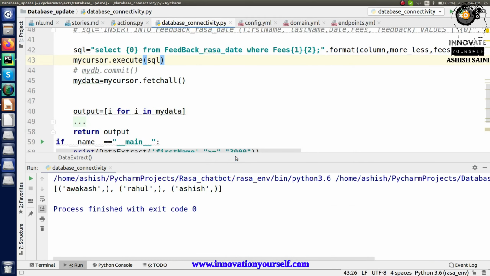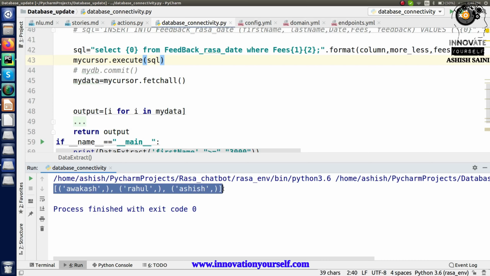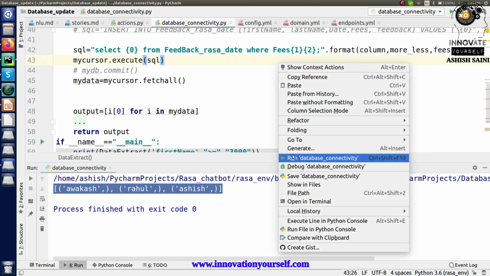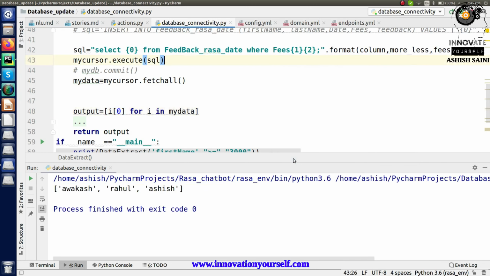Alright, so can you see right now you are having the data in this format. As you can see, in a single list you are having multiple tuples. So instead of collecting all the data, I can separate a single value, because I know I will be having a single value, so that's why I'm collecting it like this. Now just run it again. Alright, now it's better, right? So in this way you will be able to get the information in this format.